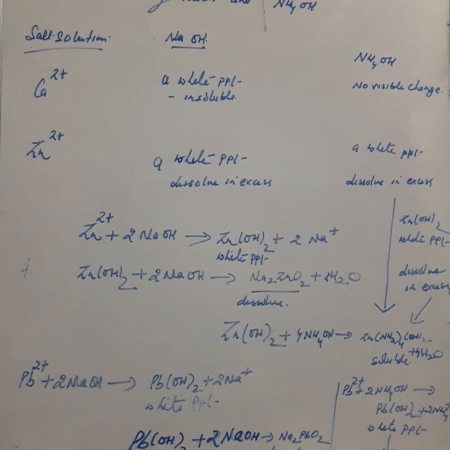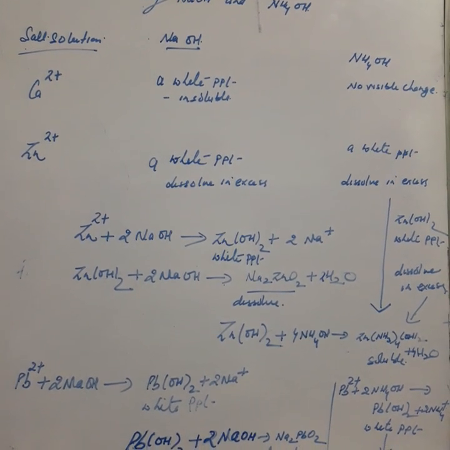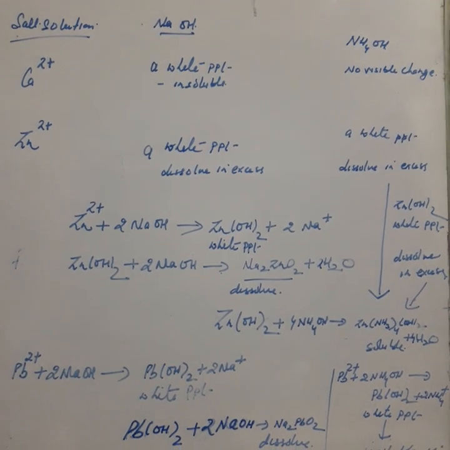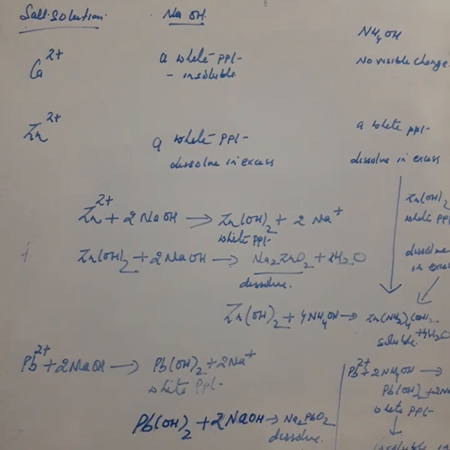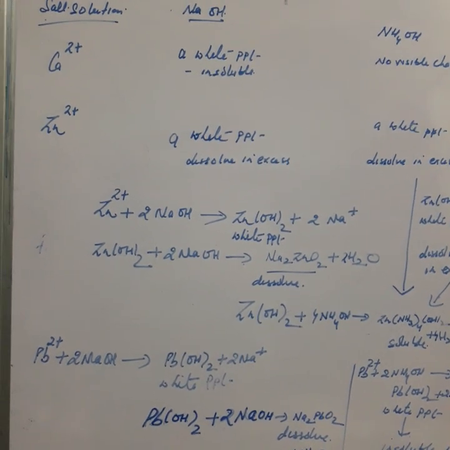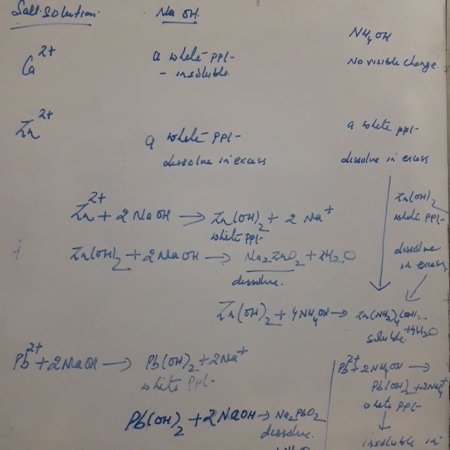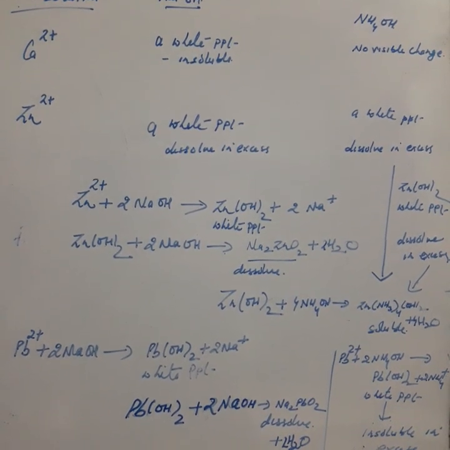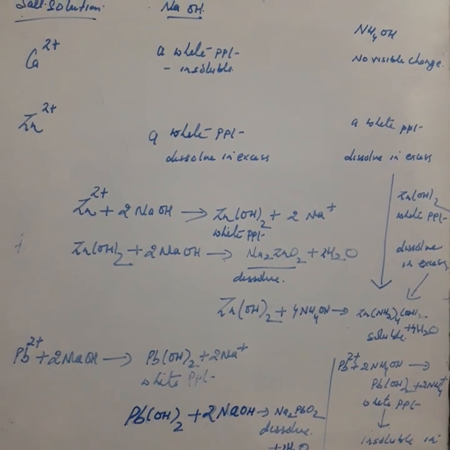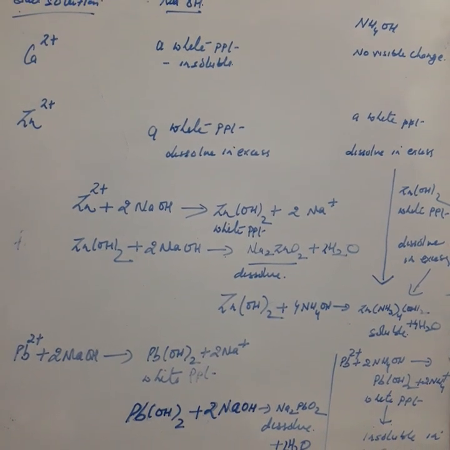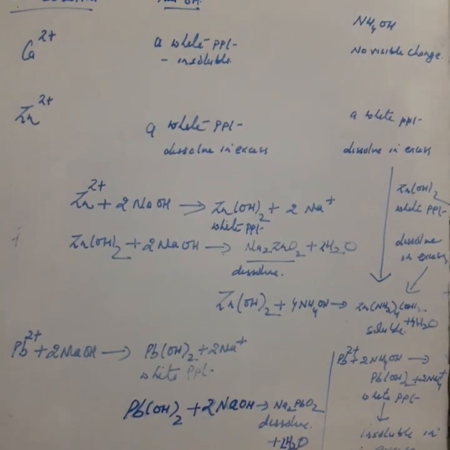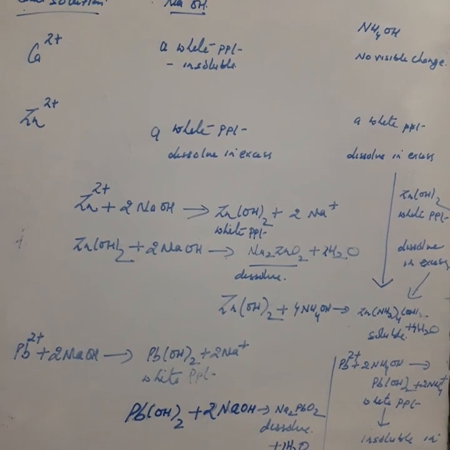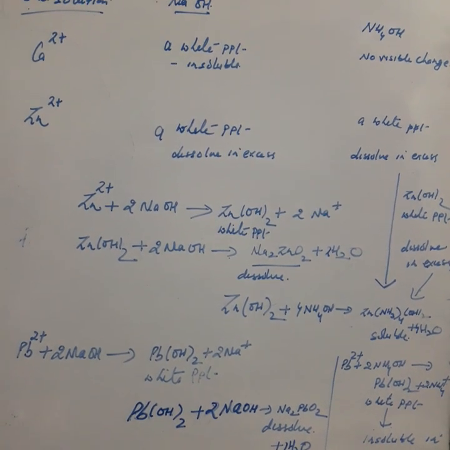So I will explain today how to identify 6 metallic radicals which are in your syllabus. First we'll start with 3: calcium, zinc and lead. So what is the process? First, we will take whatever salt, and add distilled water to the salt to prepare a clear solution. This is the first process. We will prepare a clear solution of the given unknown salt.